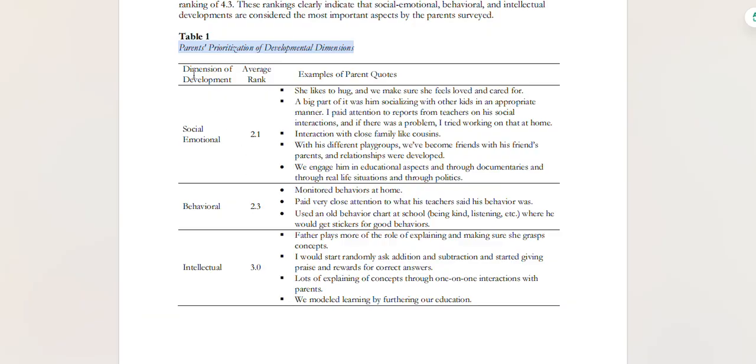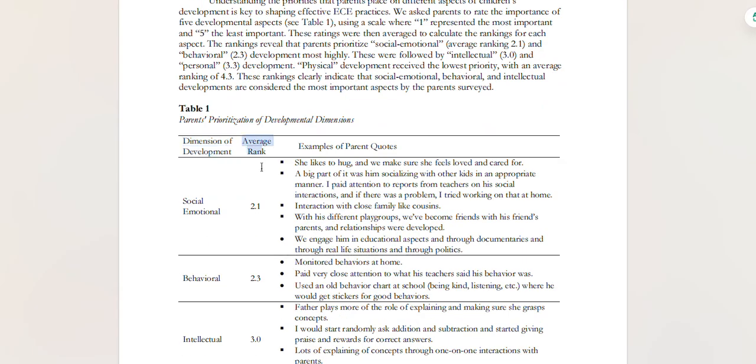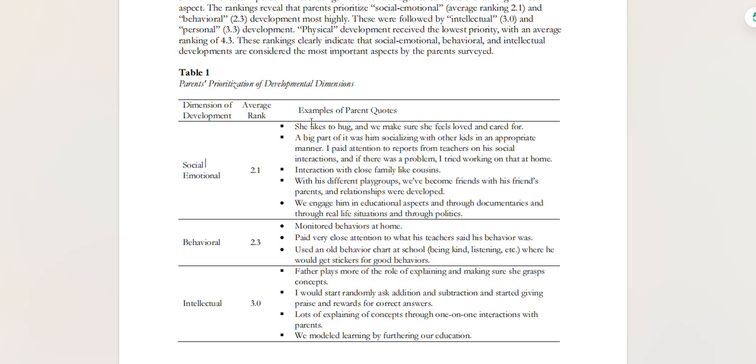The theme, these are the dimensions of development. This is the theme or the category, which is the main finding of the researchers, and this is where we put it. We will just use table 1 as an example. And then the code or the sub-theme, these are the smaller group ideas.